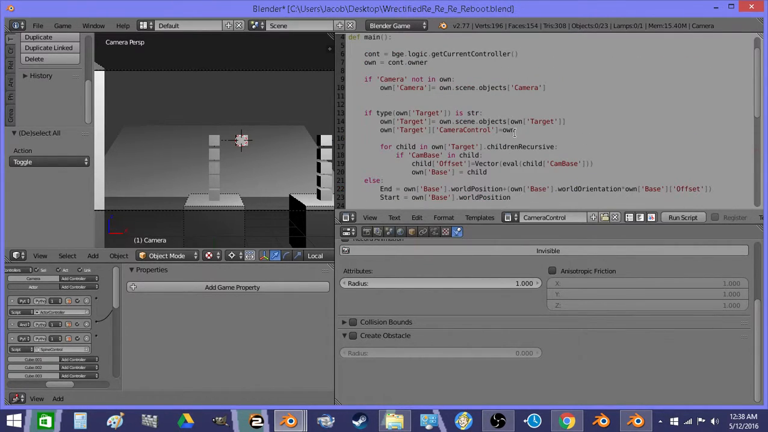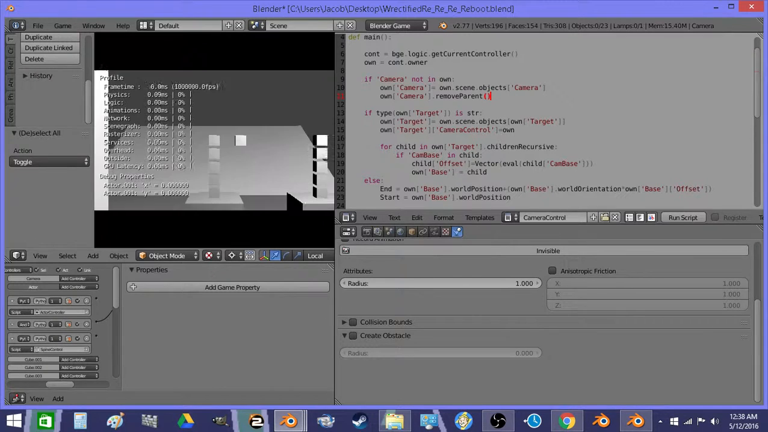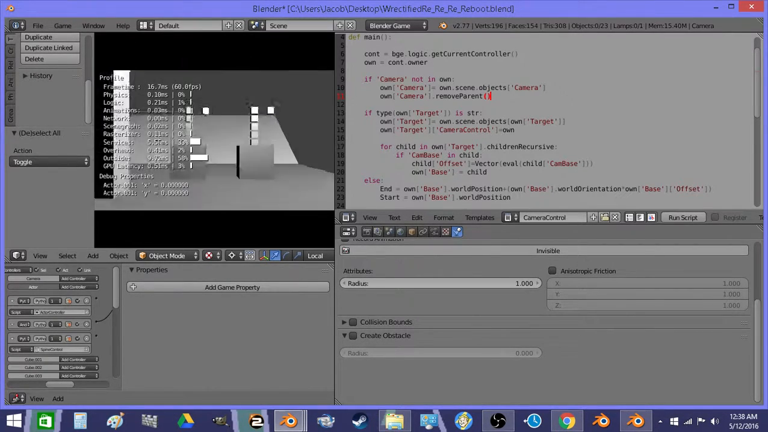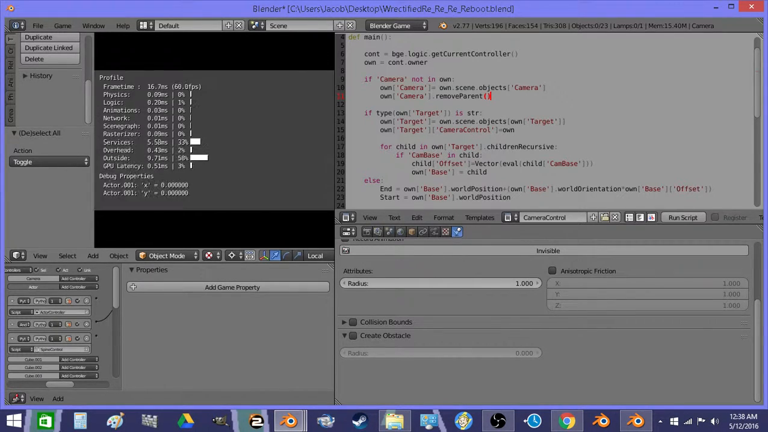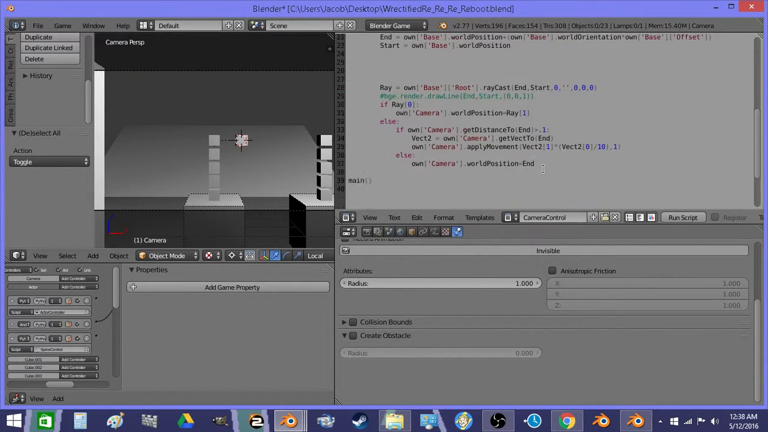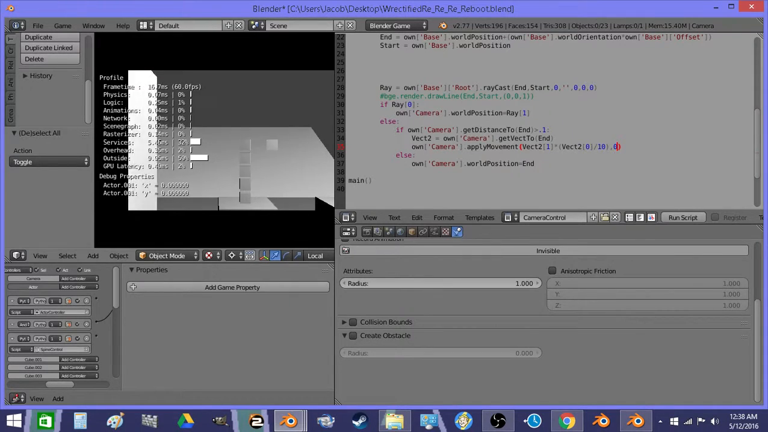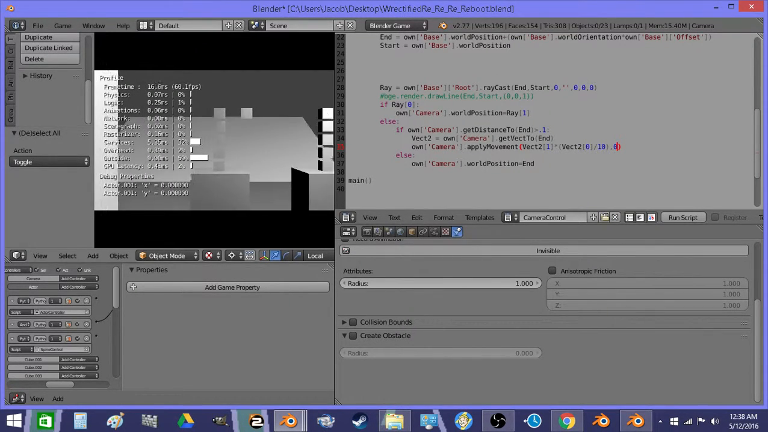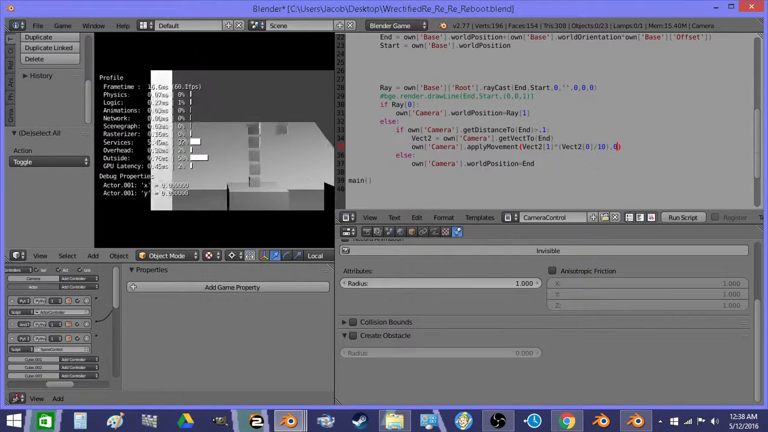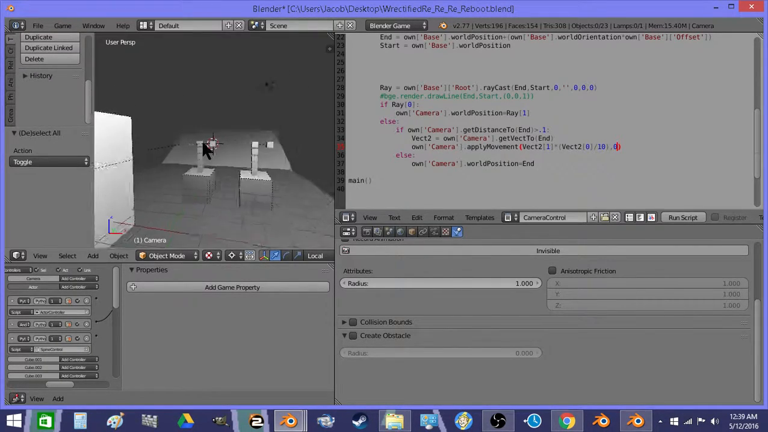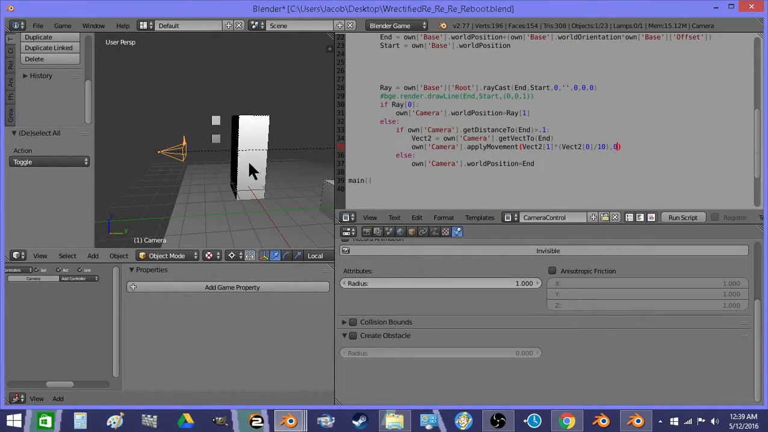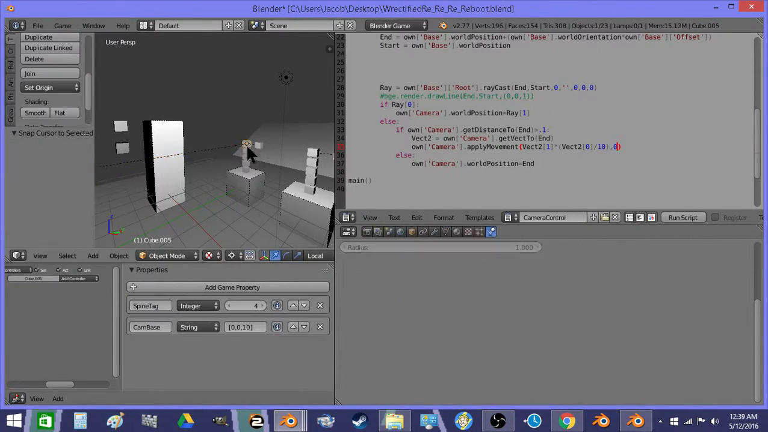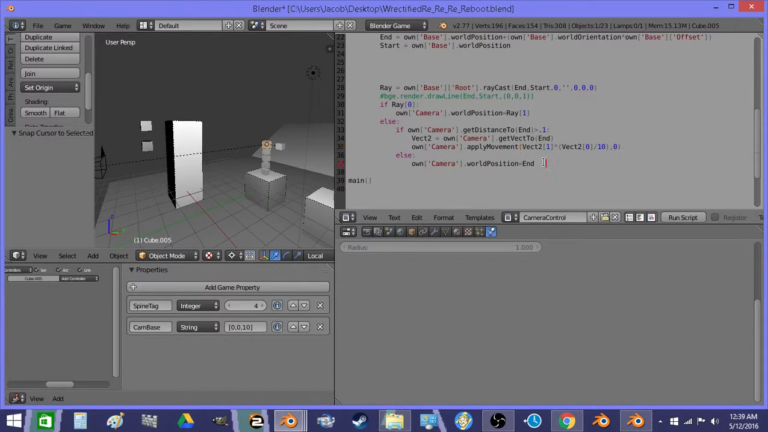Wow. Oh, I'm applying it locally, that's why. There we go. So now the camera floats to where it's supposed to be, but its orientation isn't correct. So looking at this thing, the orientation already matches. So we'll do